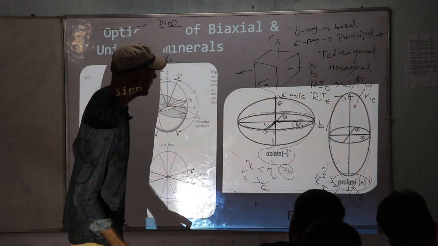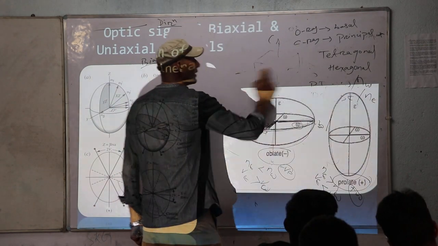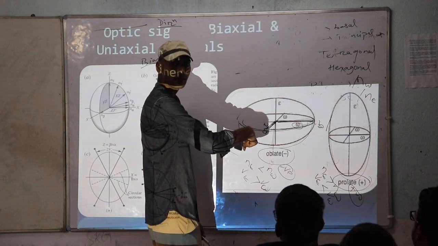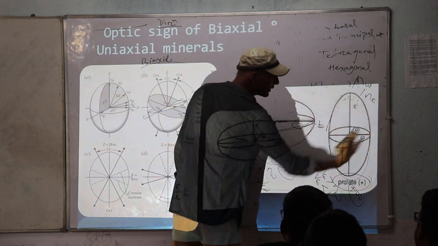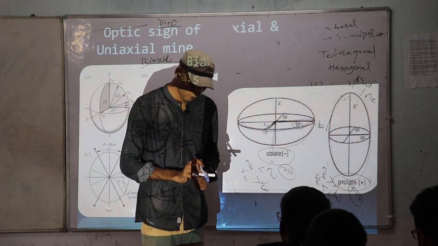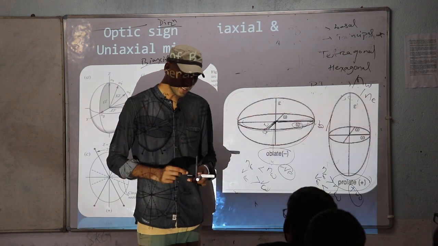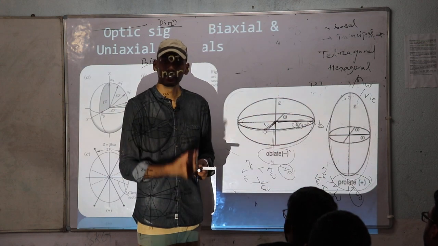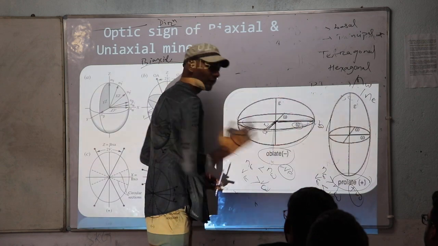Okay. So that is all about your uniaxial minerals. As I have told you, the optic axis coincides with the C axis, because we are getting the circular section which is perpendicular to the C axis here. Here this is the circular section and here it is the circular section. If I join only these two, A and B, then I will get a circle. If I join A and B, C and B, then I will get an ellipse. If I join C and A, then that will be an ellipse. So in three dimensions, that will be either prolate or oblate. Okay.